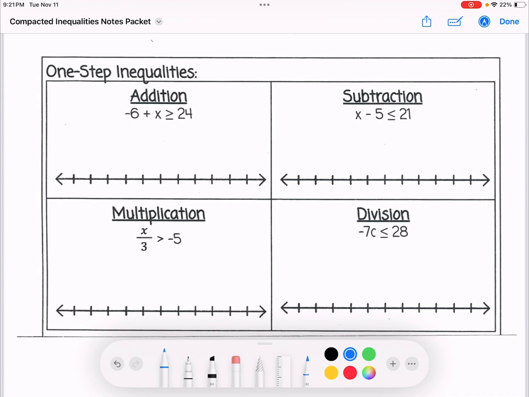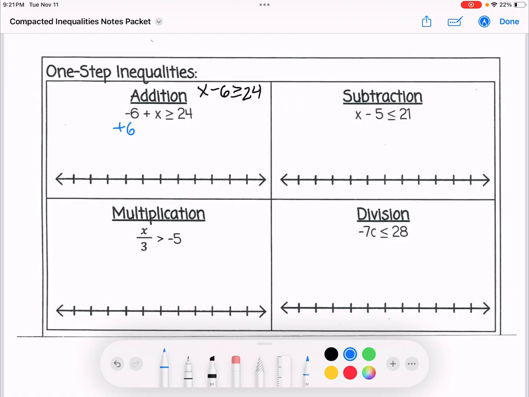So I have an addition. I have -6 plus x. If I want to rewrite that, I could rewrite that as x minus 6 is greater than or equal to 24. Either way works. If I solve the original, I see that this is a -6, so I need to add